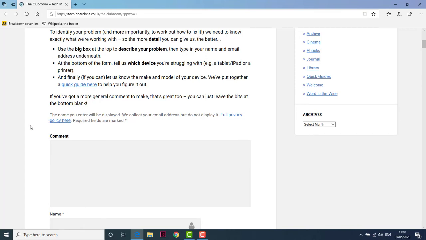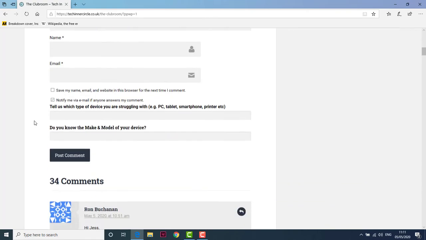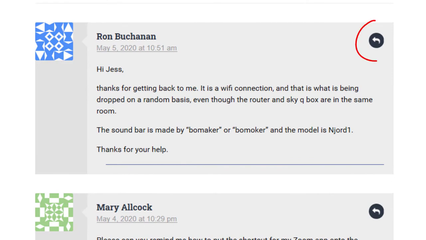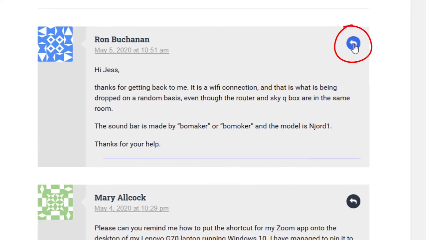The other thing I want to show you is how to reply to someone else's comment. So say you've left a comment and one of us has responded and given you some suggestions and you want to say, yes, that solved it, that's brilliant, thank you. Or, no, that didn't work, what else can we do? Or even if you just want to say that, yes, I had the same thing as Barbara. If you scroll down to the comments, you'll notice this little curly arrow button in the top right corner. This is the reply button. If I click that for Ron's problem,